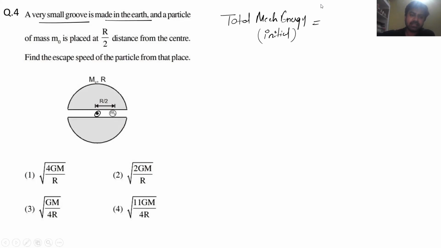Finally this particle will have zero speed and zero potential, due to no gravitational field of Earth, because it has escaped from the field of Earth, right? So it will be zero. So total mechanical energy, kinetic energy initial plus potential energy initial, is equal to 0. Let's say this particle is going with a velocity of v. So kinetic energy will be half m v square plus